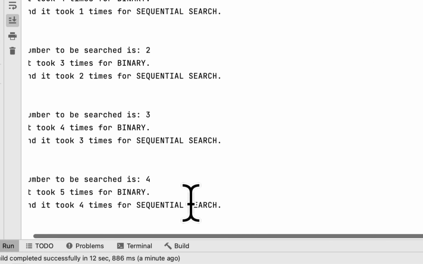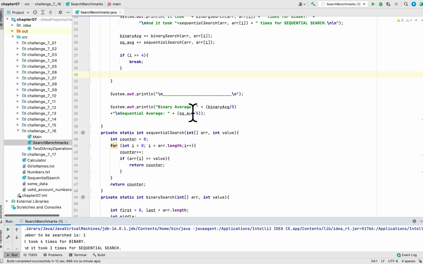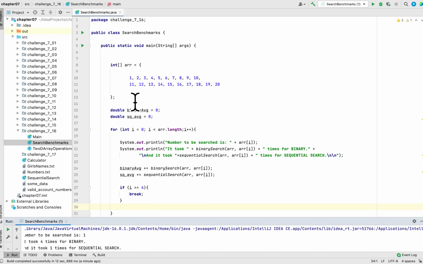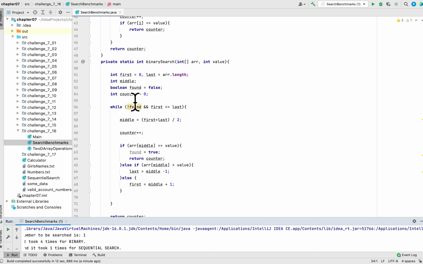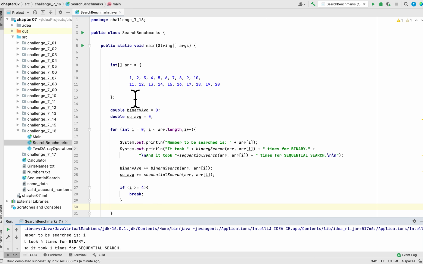So it's cool. At least in this array, the sequential search is faster than the binary search. So I think we finished all the requirements for this programming challenge